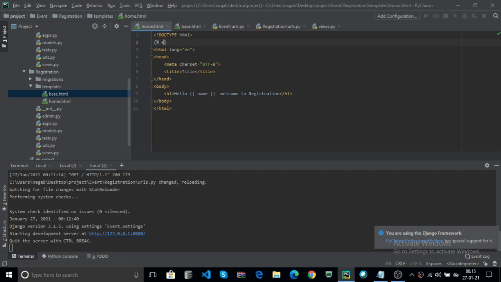If your website is dynamic, you can go through the DTL language, like extend base.html, and close with the percentage. Now Control S.